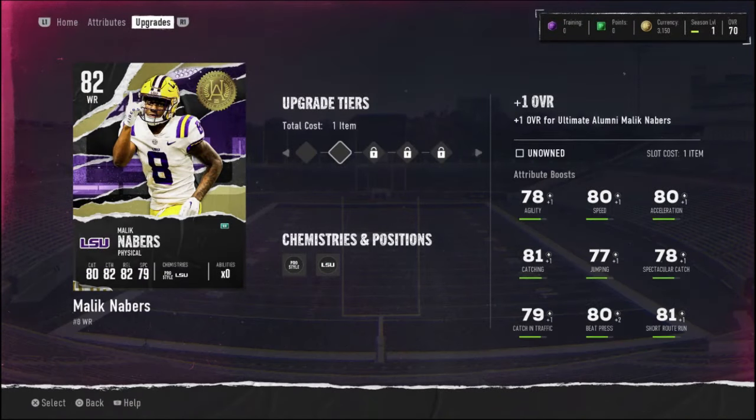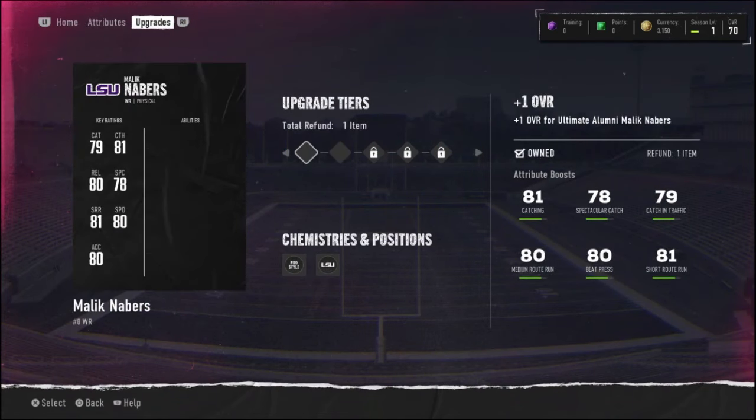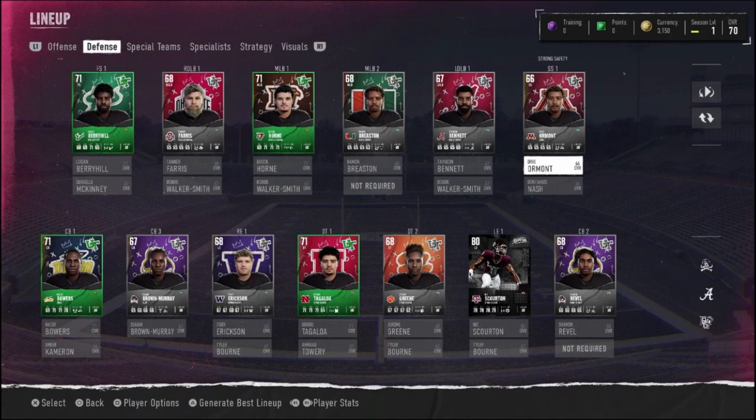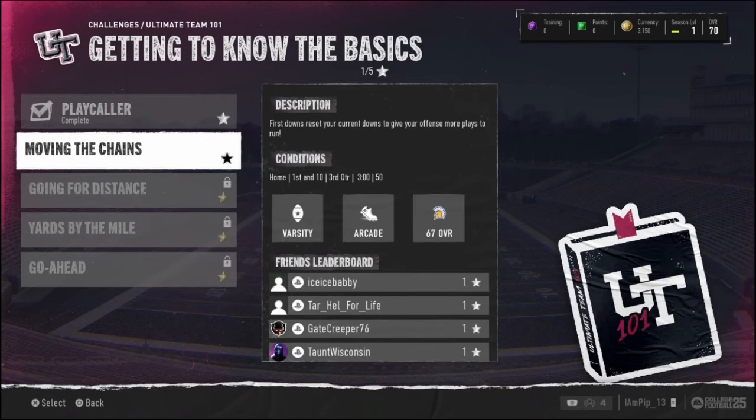Like I did mention, we did have the free Ultimate Alumni Upgrade token. We used that on Malik Neighbors, made him an 81 overall, and the team wasn't looking crazy, but we had a couple of players here. Malik Neighbors, obviously, again, an 81, and then Nick Scorton was an 80 for our defense. We're a 70 all around, but we had to hop back into those solo challenges, complete some of these,